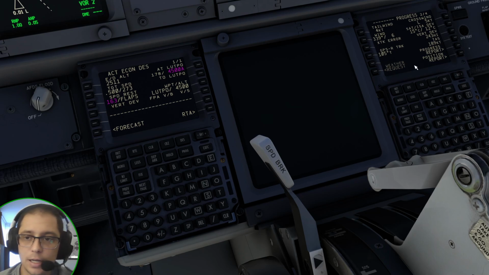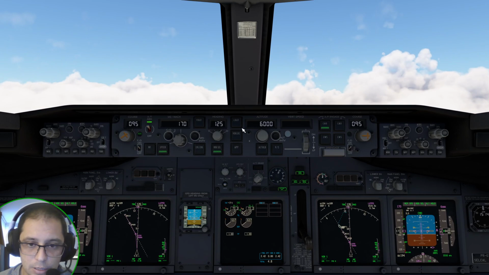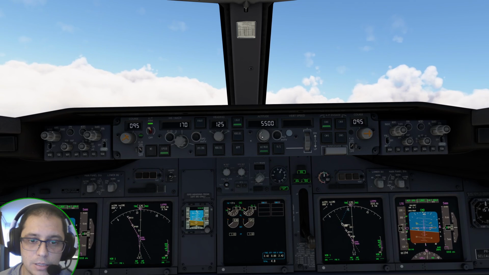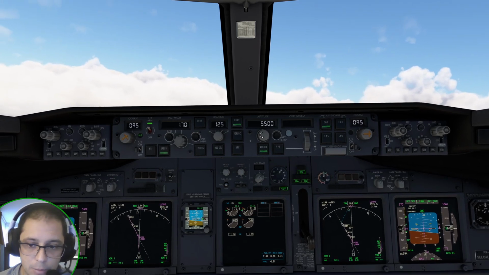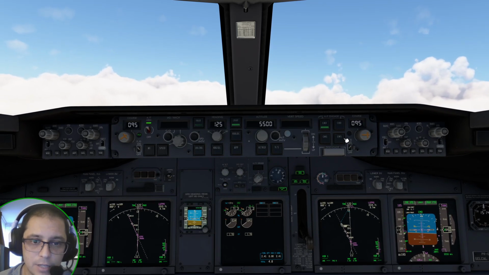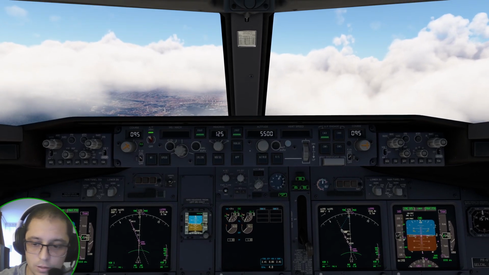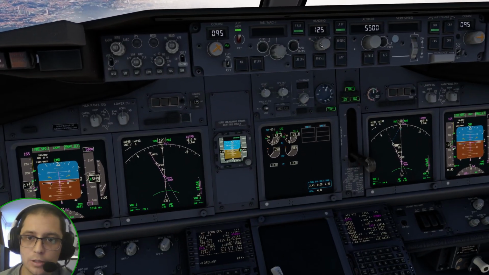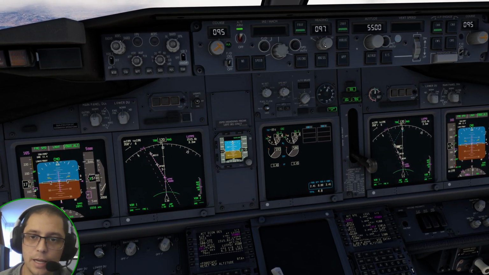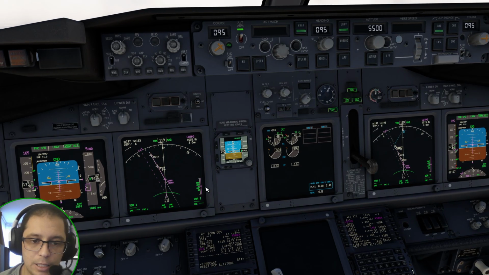Okay, so I'm going to select the legs page here, and also on the MCP, as we started before, LNAV is already engaged towards LUTPO, and we were cleared by ATC to descend to 5,000. I'm going to set 5,000. Okay, and I'm going to set VNAV, and I'm also going to release the airplane right now. Okay, so we are on the same approach, but today in this case, as we level off at 5,500 feet, and I know I'm going to be high on the